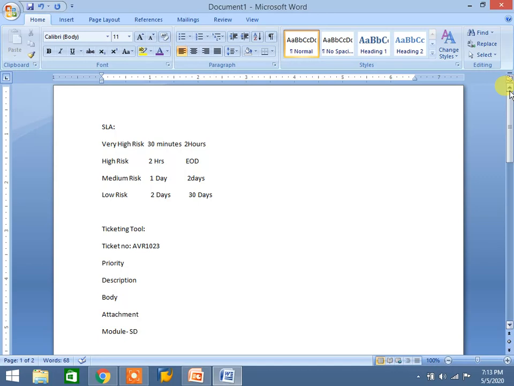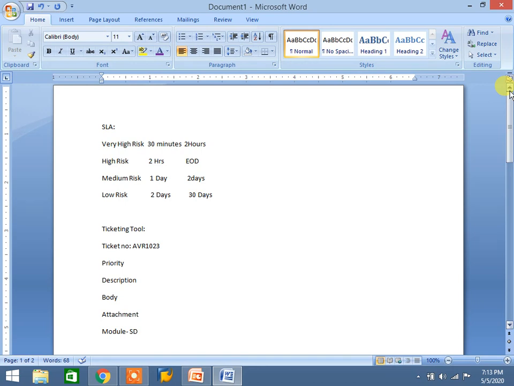Based on company to company it will change. This is a general thing I am telling. Next, high risk, within 2 hours we need to respond, and by end of the day we need to complete it. Medium risk, within 1 day we need to respond, and complete within 2 to 5 days based on SLA. Low risk, within 2 days we need to respond, and complete within 15 days or 30 days or 2 months based on the ticket or SLA.